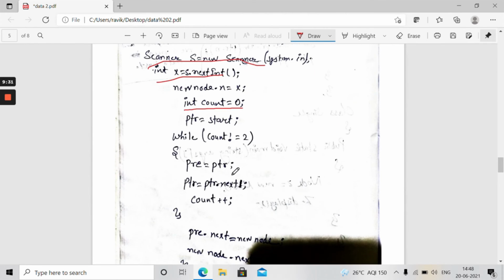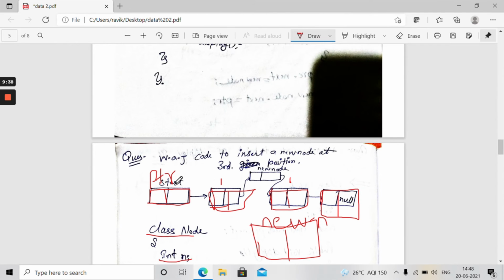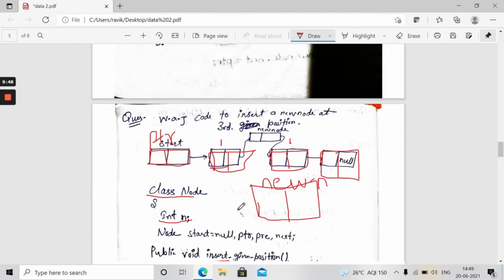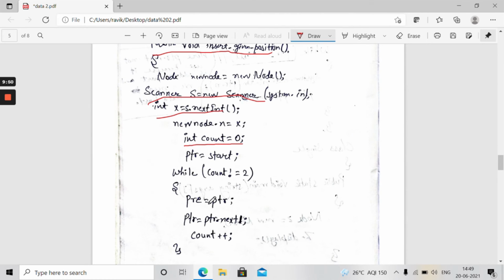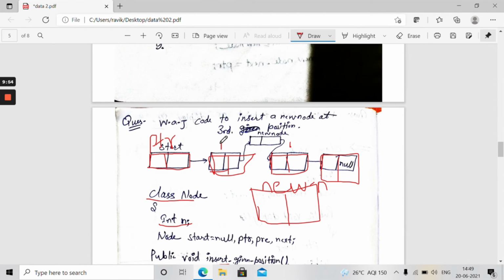Then after that, while count not equal to 2 means what? When the count is coming at 2, when the counting of node is 2, then pre equal to ptr. Pre equal to ptr means here when the counting is 2, ptr stops there.